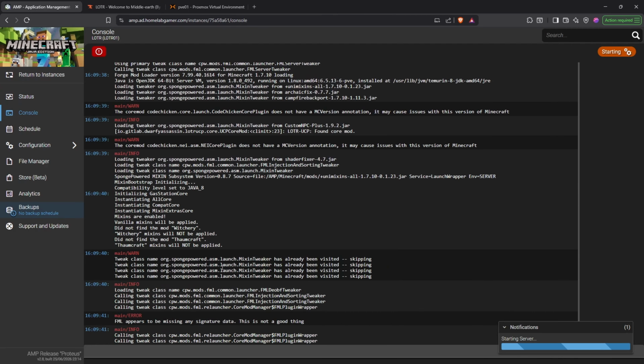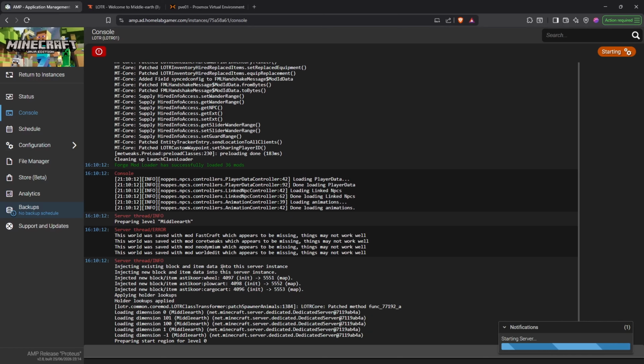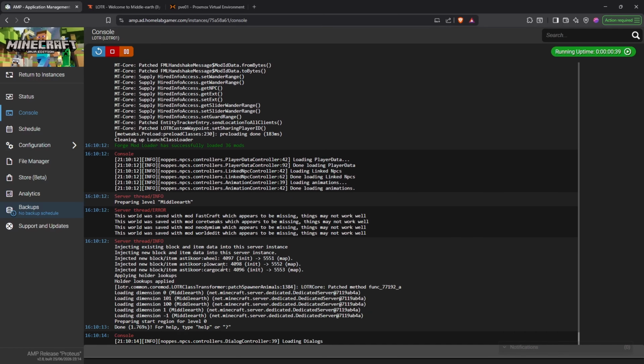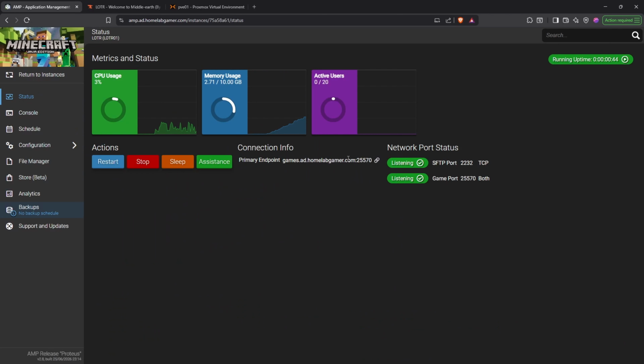Okay, so now let's go ahead and load all the mods and load up the server, and let's see what we get. So now you're gonna notice that it says running uptime on top, so it looks like it is good to go. And then we are getting both green on the listing for the ports. So I went ahead and copied the endpoint, and then we're gonna go ahead and open up the Lord of the Rings